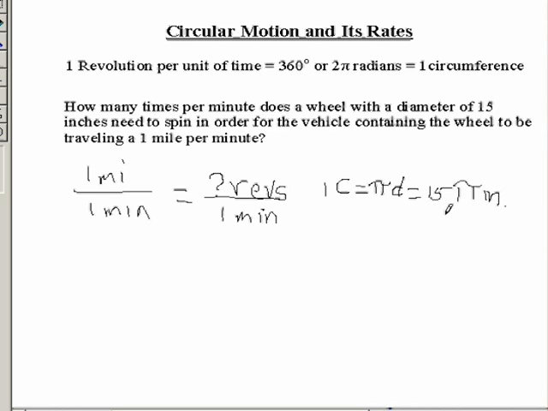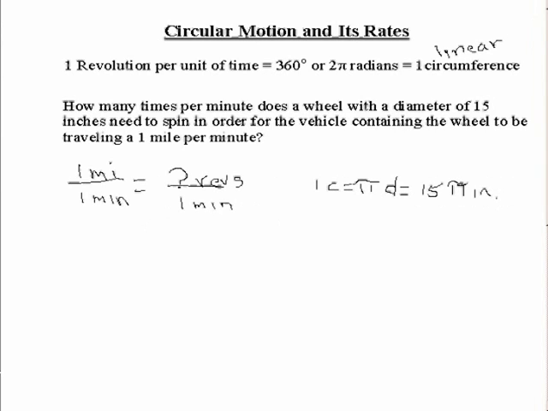Now we need to know how many of those 15 pi inches there are in 1 mile. So how would we figure that out? Wouldn't we have to change this 1 mile into inches? Well, do you have memorized how many inches in a mile? Probably not. Hopefully you know that there are 5,280 feet in a mile, which would mean that 1 mile would equal